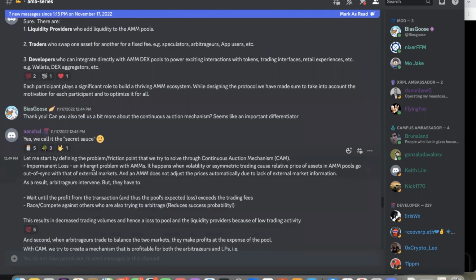Impermanent loss is an inherent problem with automated market makers. It happens when volatility or asymmetric trading causes the relative price of assets in an AMM pool to go out of sync with that of external markets. An automated market maker does not adjust the price automatically due to lack of external market information. As a result, arbitrageurs intervene, but they have to